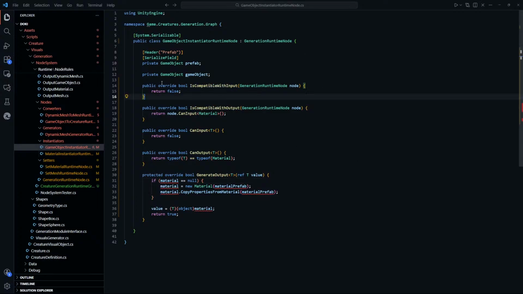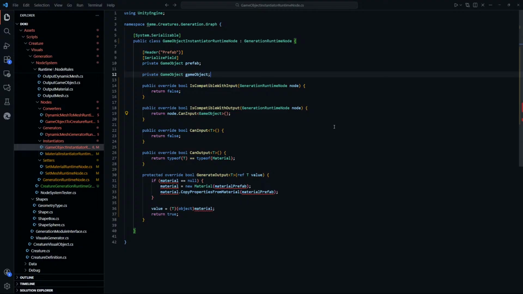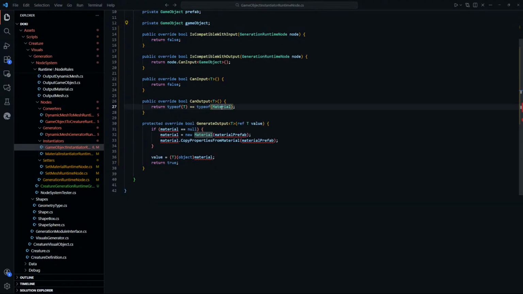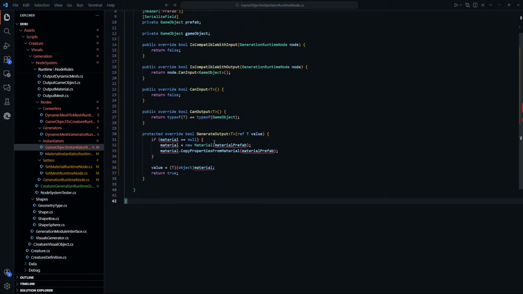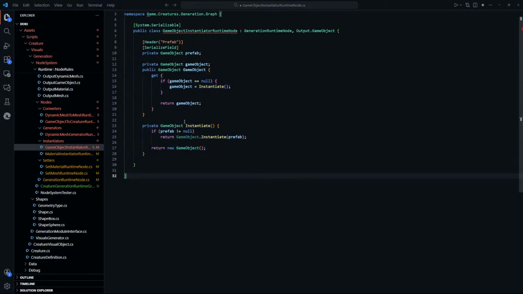It's compatible with input, false, because it's a start node pretty much. Is compatible with output, can input game object. Can input false, can output game object. And then we want to generate it in pretty much